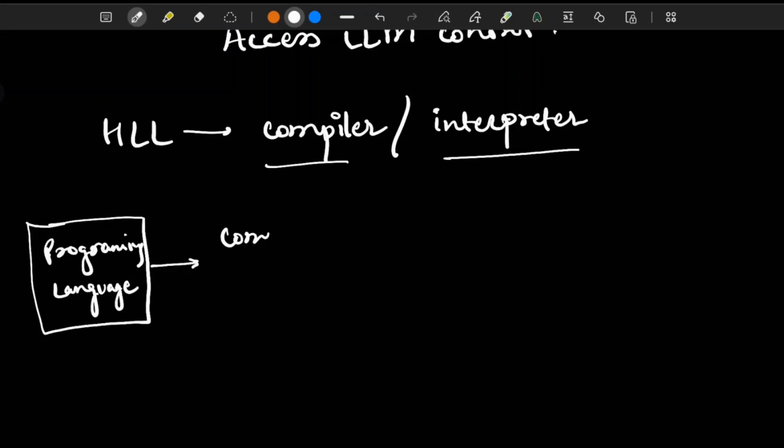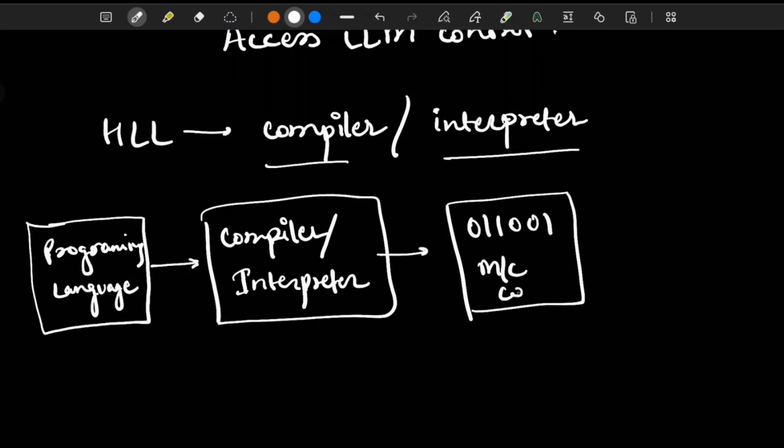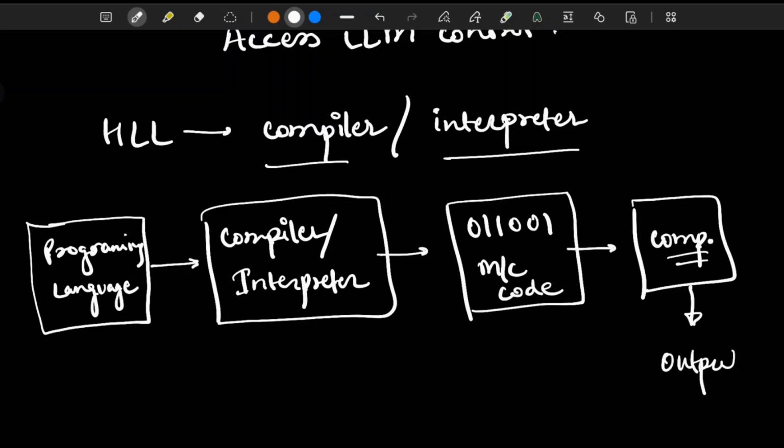After that, the compiler or interpreter changes this code into machine code, which is written in 0s and 1s, which is understandable to our computer.